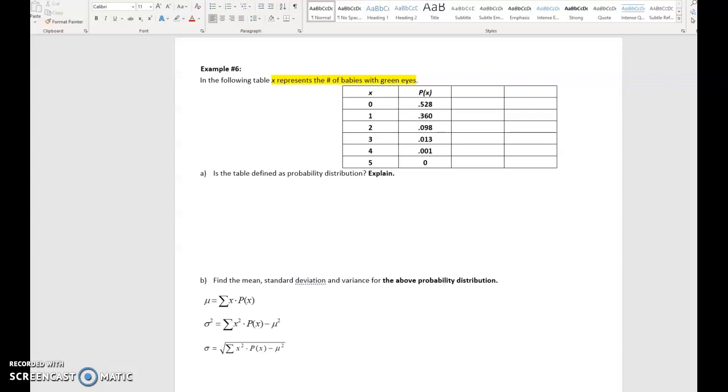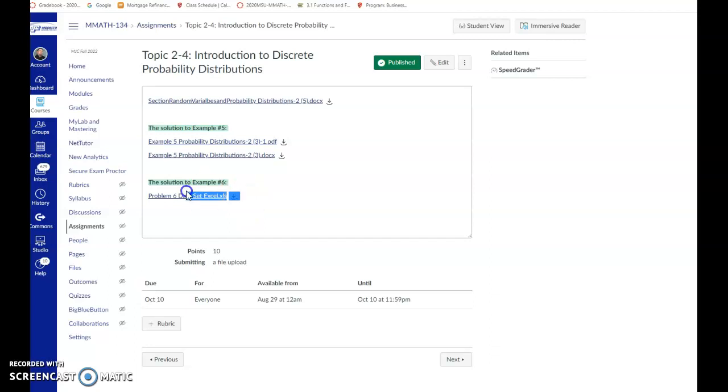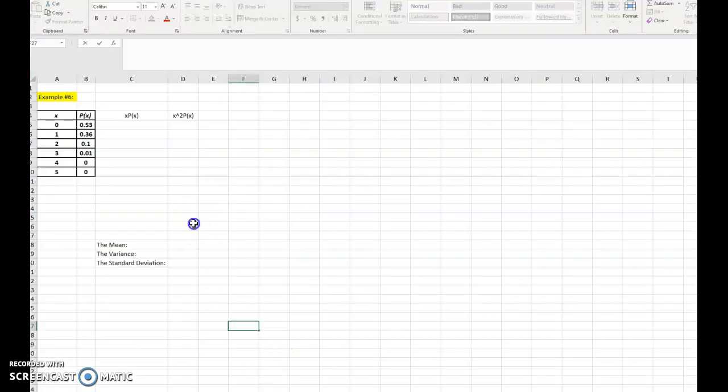Hi class, in this video we're just going to do the calculations of the mean, variance, and standard deviation using Excel. So I already have in the assignment the file of the dataset. So go ahead and please download the file and save it. Once you open it up, it's going to look like this, and then make sure it's saved so that you